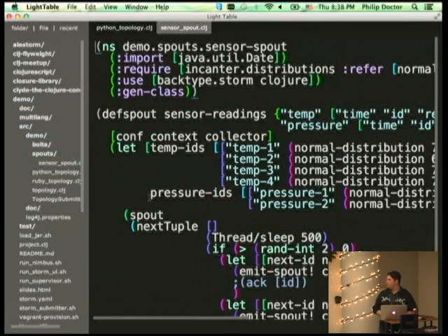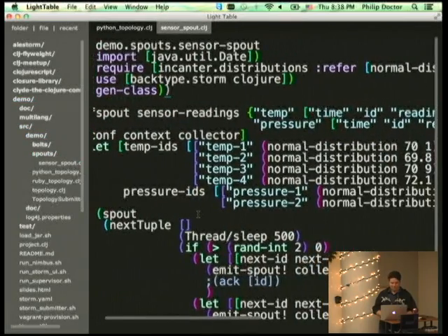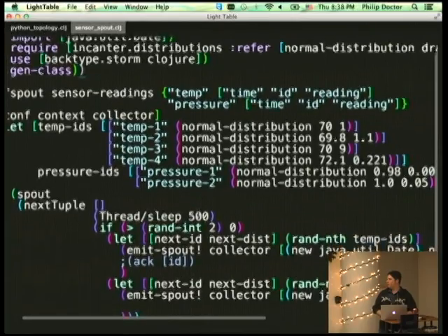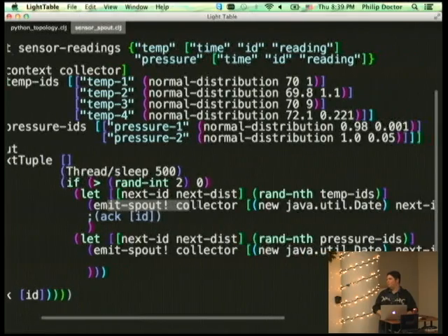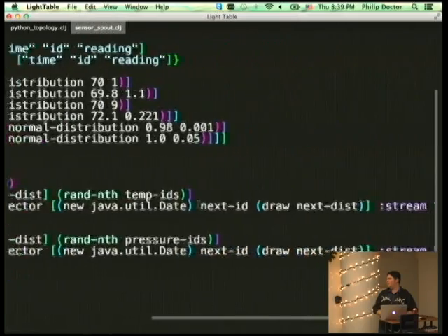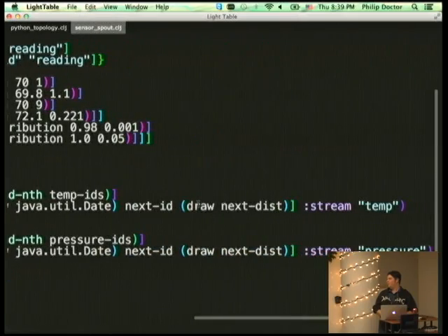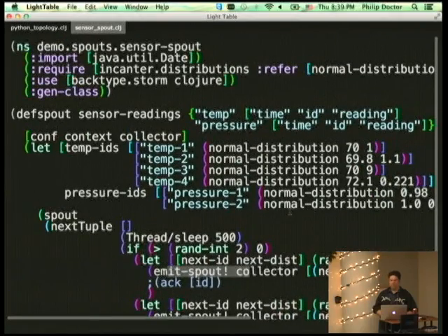Okay, so this is going to look a whole lot like Lisp because it's Clojure. I'm not going to delve into it too long, but if you did want to write things this way, it's basically as easy as saying, hey, this is a spout, and I'm going to emit some things from the spout, and that's about it. So you can see I'm emitting two different things. You know what? We'll move on because you guys don't really care that much about it. But the code is available on GitHub if you do decide to care at a later date.